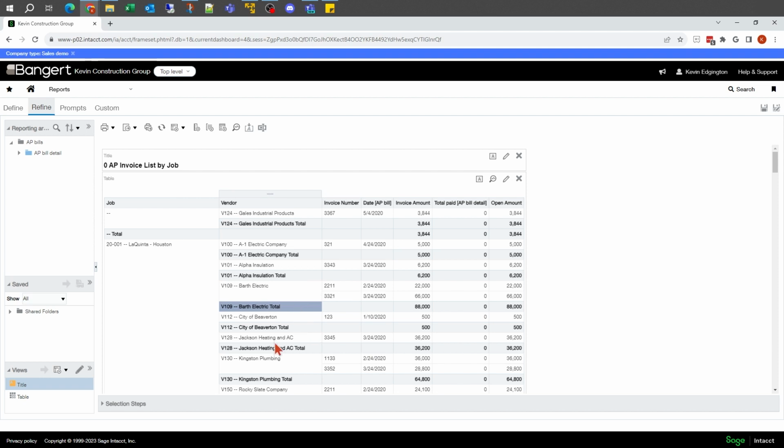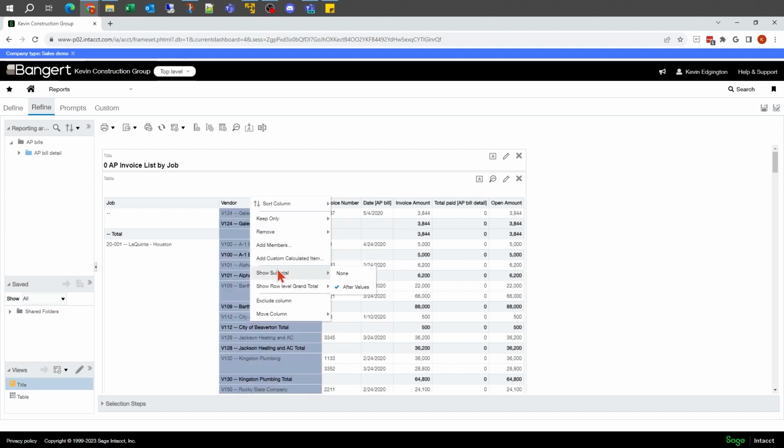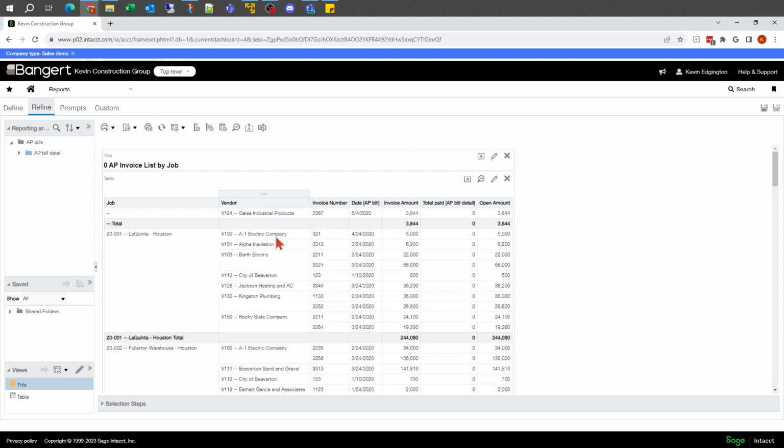So in this case, since I don't have many invoices, I think this one gets overwhelming with all the extra lines. So here I'm going to go back in there, say subtotals none, and that way I can also take subtotals off. So I've still got my job one on there, which I think makes sense, but maybe the vendor just shows too many subtotals since I don't have many invoices, at least in my data, of multiple invoices per vendor.